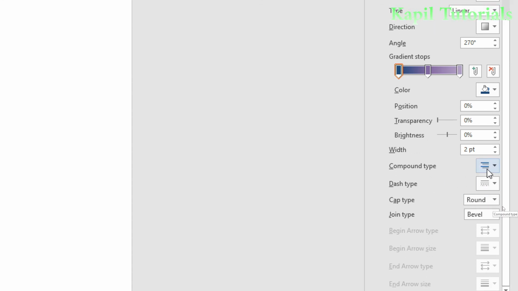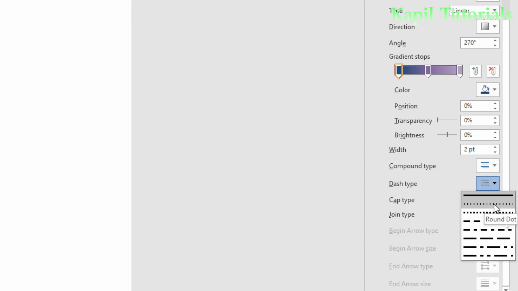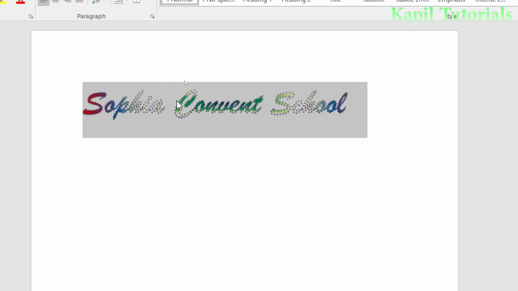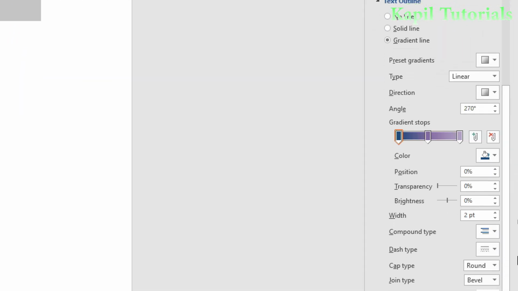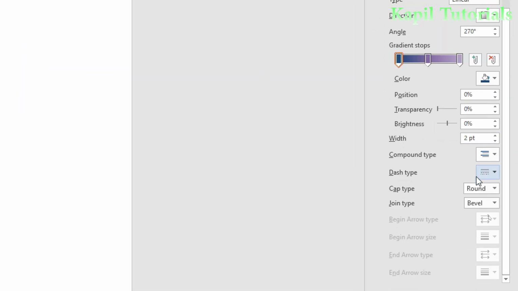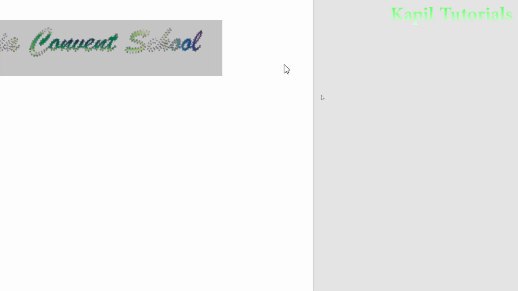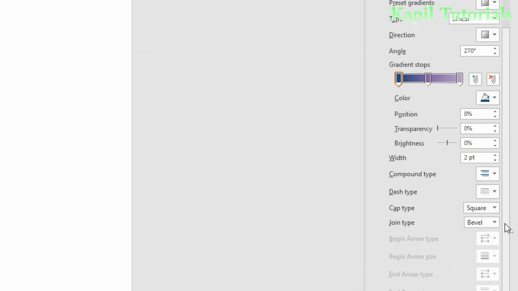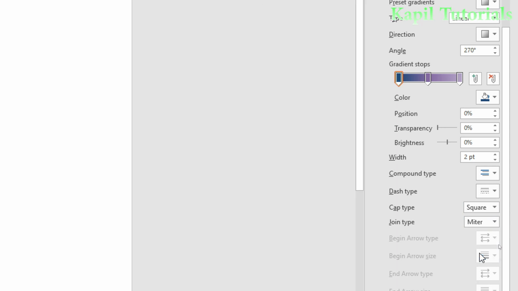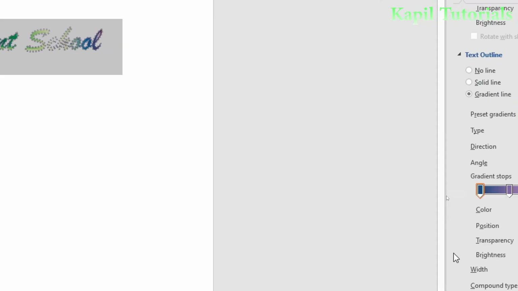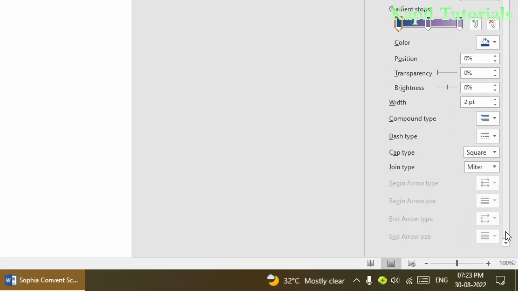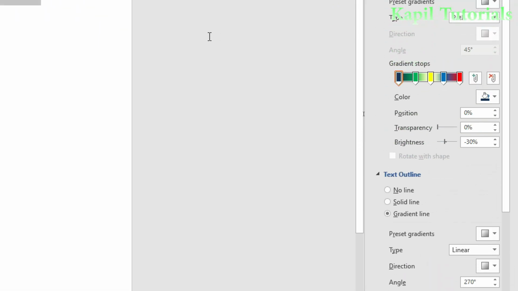Okay, that means the border line, compound type, dash type. Here also the types are there. If I click on this round, you could see the changes. Cap type, square, round, three options are there. So according to that, different results you will find. And join type again, round, bevel, miter. So it will give you the changes. So I hope this concept is very much clear to you,